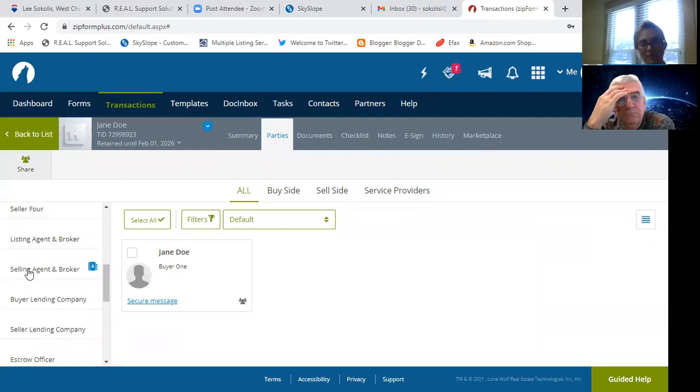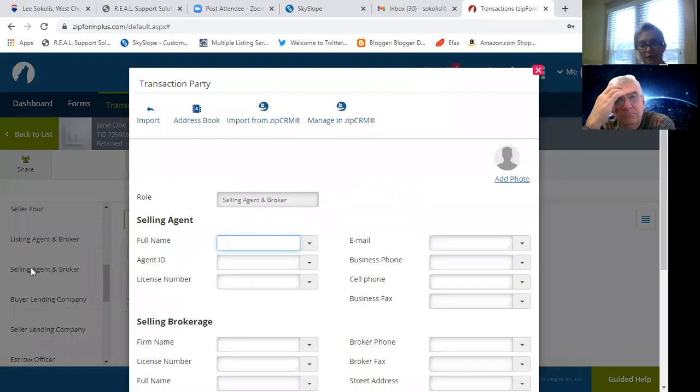In the situation of representing a buyer, we're the selling agent. So we're going to put our information under the selling agent and broker. If it was a listing agreement, it would hence be listing. So the full name would be your name. And this is the information that populates on the last page of the purchase contract. On page 8, we have to put in license numbers and all that. So you want to get this in here now so that you won't have to retype that every time you're creating a purchase contract. Your agent ID is your MLS ID, your license number, your email address,